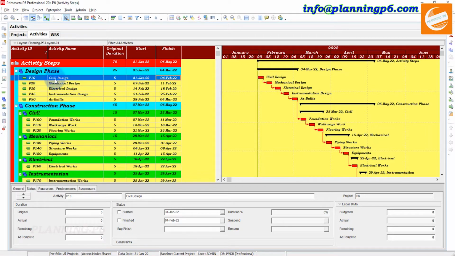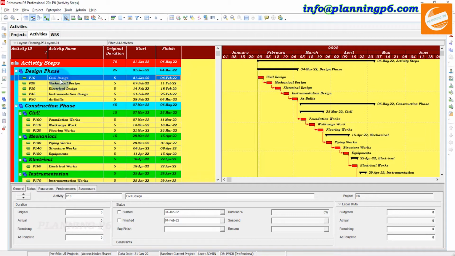Suppose in the design phase I have created four activities here: civil design, mechanical design, electrical design, instrumentation design, and as built. Which steps will we do for the completion of civil design?